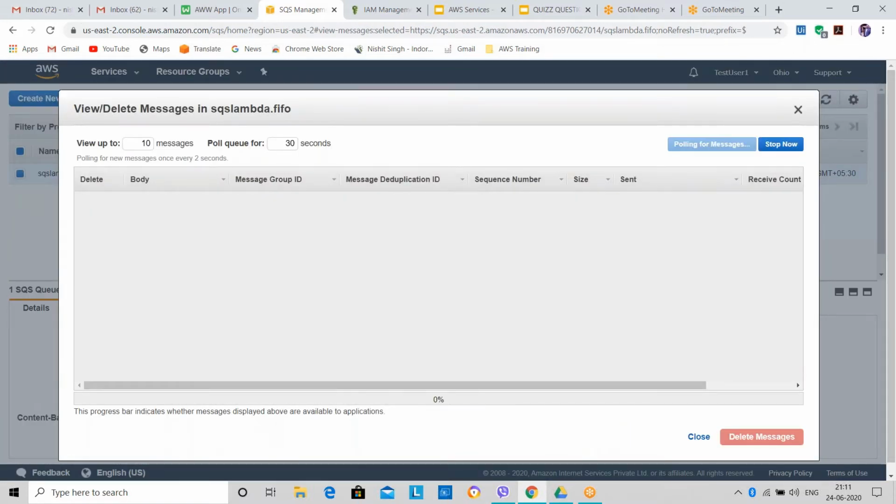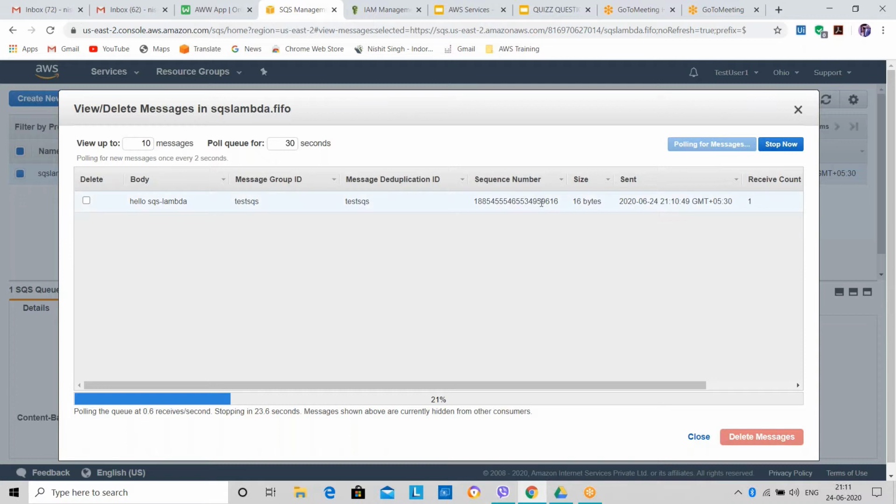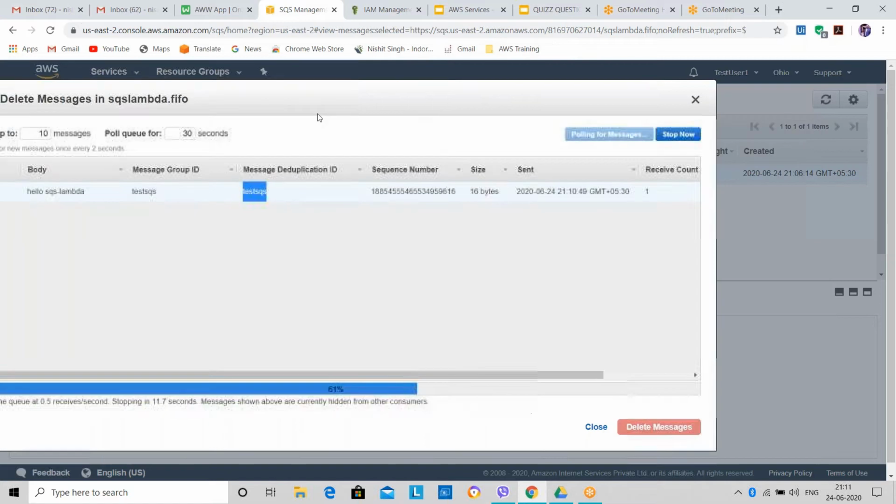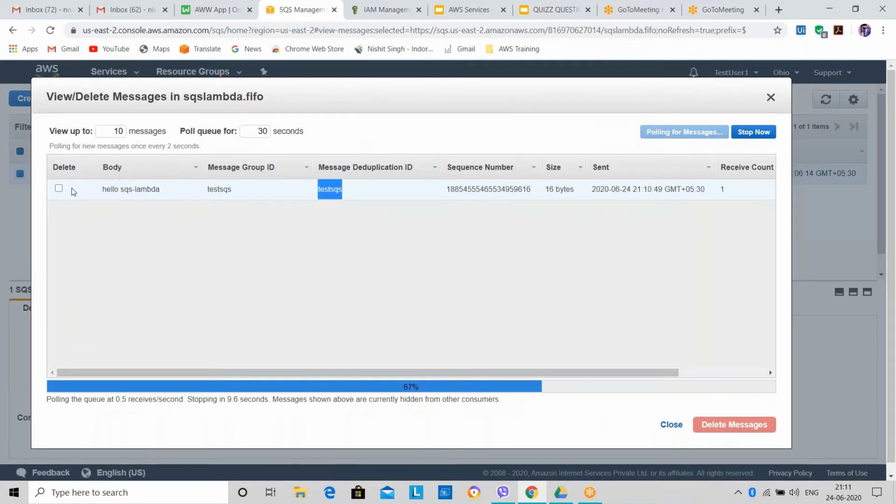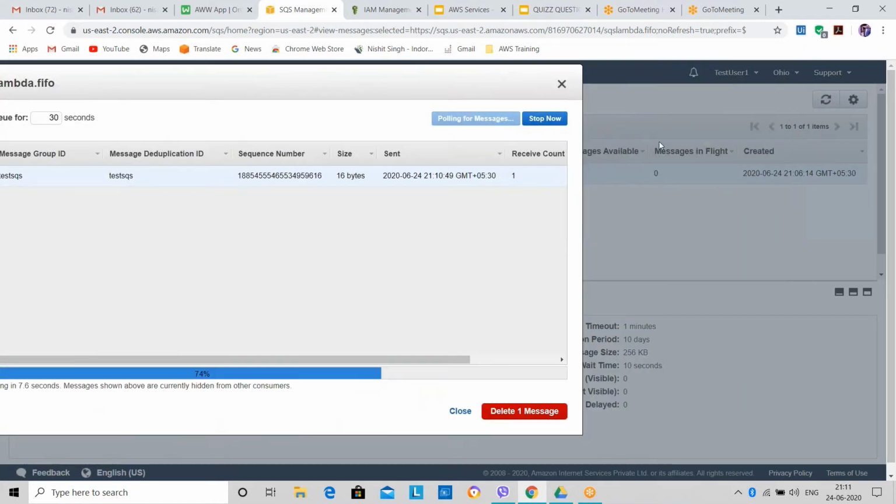You can see here I have sent this message, Hello SQS. It shows the size, the sequence number, the send time, the group ID, message group ID, and message duplication ID. So this way you can see which message you have sent and which message is not received. Let me stop it now and delete the message.